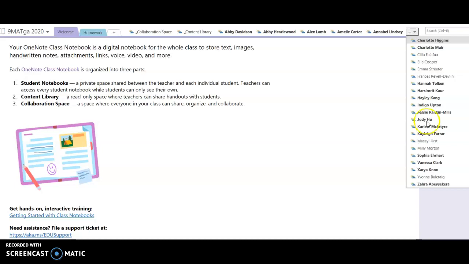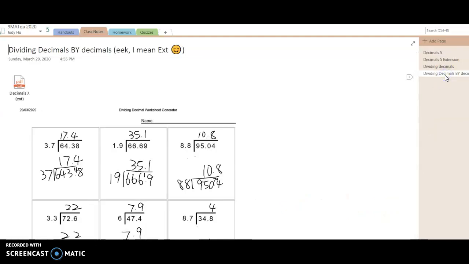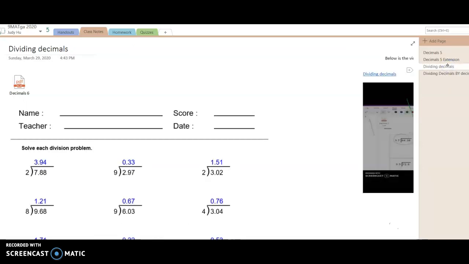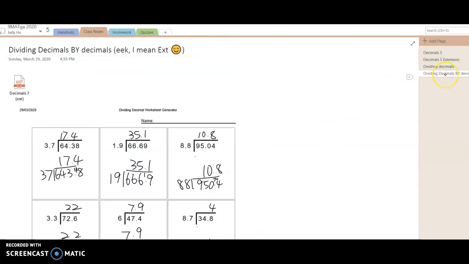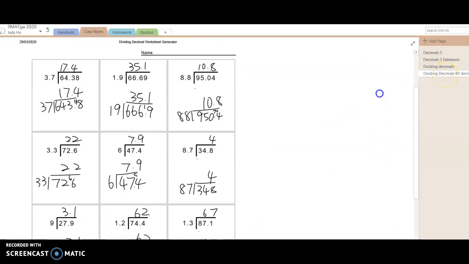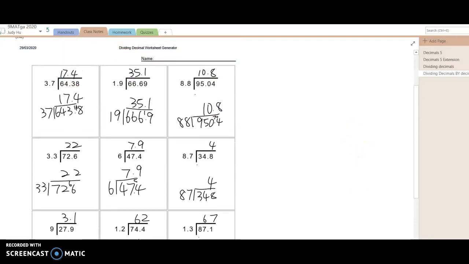I'm going to Judy, so she's got some work here. Today's work was dividing by decimal, so she's actually done quite a lot there, and it was also just that one over there, so she has just put the answers up, but this one I didn't have any answers for, so she's actually done those, so she's done some good thinking